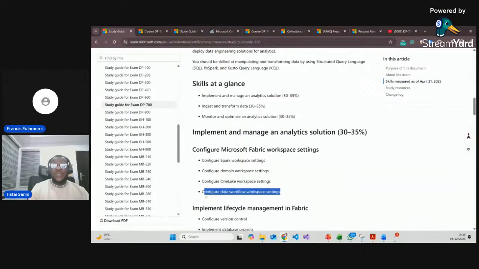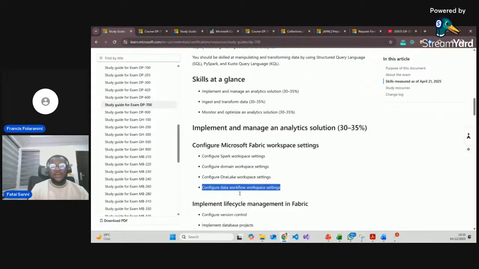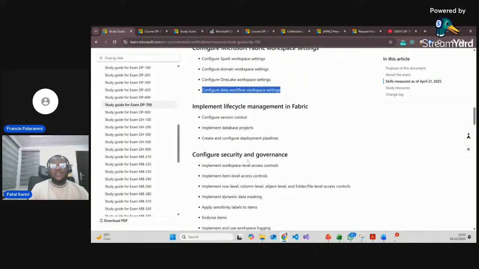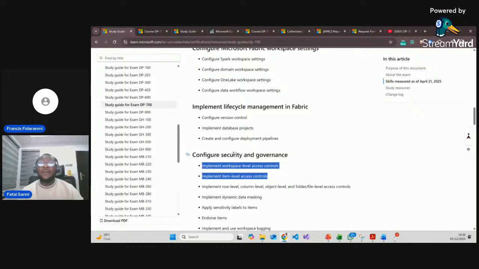It's very easy for me to quickly go check Microsoft Learn or go read up about how to configure data workflow and workspace setting. All right. The same thing if I'm talking about configuring security and governance. If I'm not clear about these two, I can go read up on it on Microsoft Learn, or I can look at any other material on